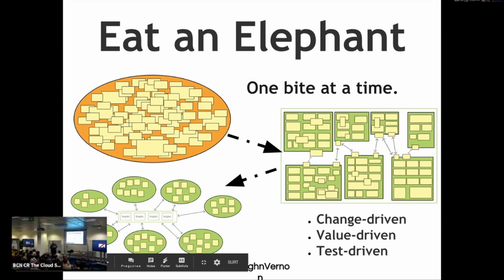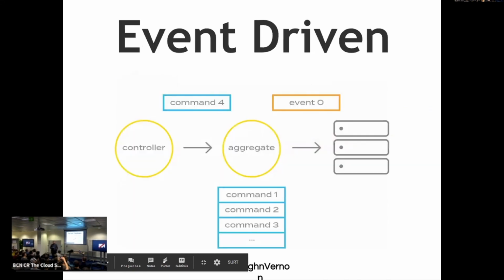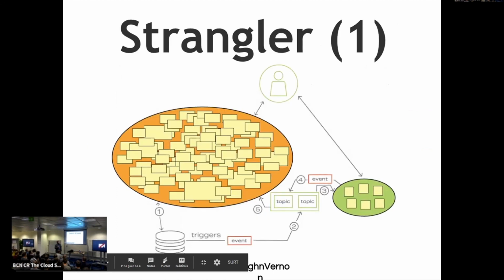And little by little, we can achieve some modularization, and over time it may be possible to eat this elephant.